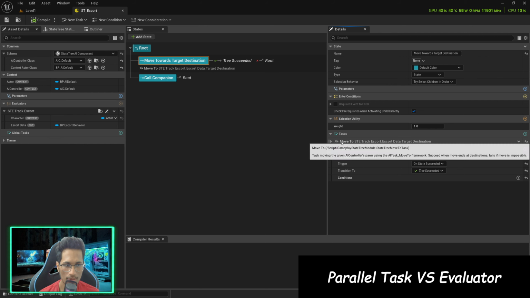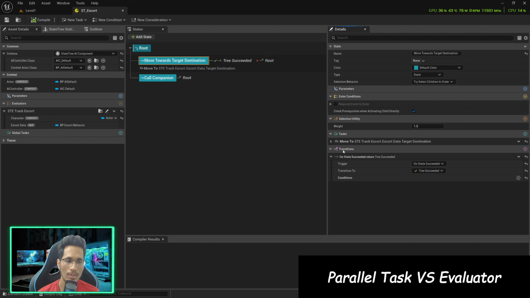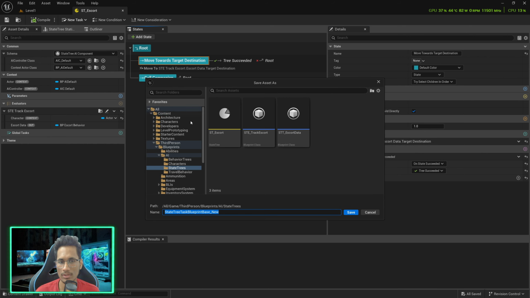So that means this move to will work and I'll add another task that will keep track of the companion. As soon as the track companion detects any companion goes out of the range, I can exit this state and go to call companion. Simple. You don't have to track continuously. So in such cases, when you only want to share the data with one state, it's better to use parallel tasks instead of an evaluator. I will create a new task and I will name it STT underscore find out of